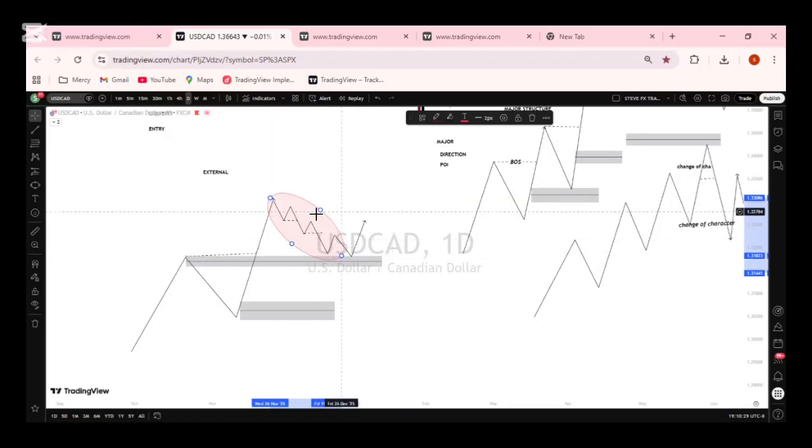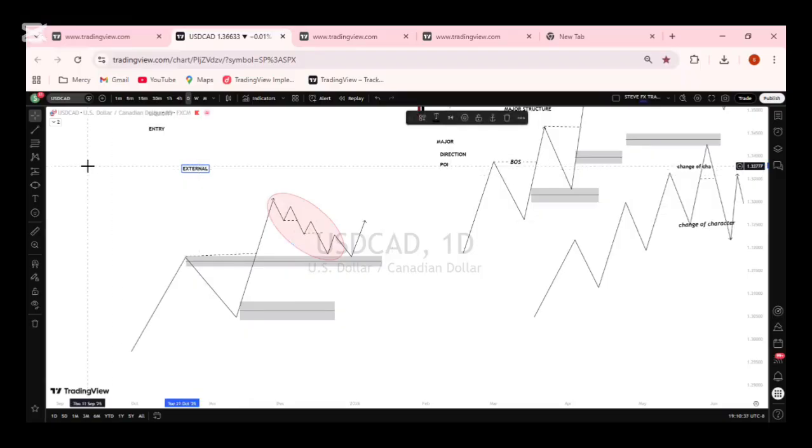All right. So what this break of structure can give you is a counter trade opportunity. This can give you a counter trade opportunity to your major point of interest. That is a break of structure from our external structure. And also when the market gets to our